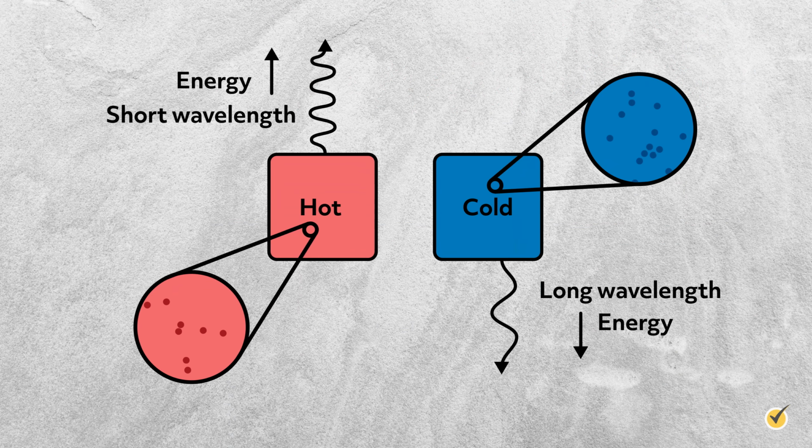Substances emit different wavelengths of radiation depending on their temperature. The hotter the substance, the shorter the wavelength of the thermal radiation. The cooler the substance, the longer the wavelength. This results from random physical motions of particles which cause charge acceleration and dipole oscillations, which in turn release electromagnetic radiation. Thus, we can measure temperature by recording the wavelength of the thermal radiation being released.